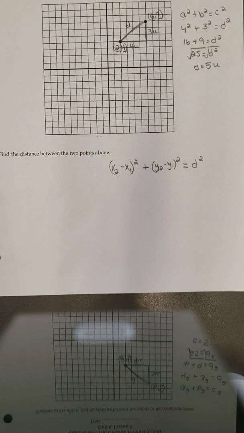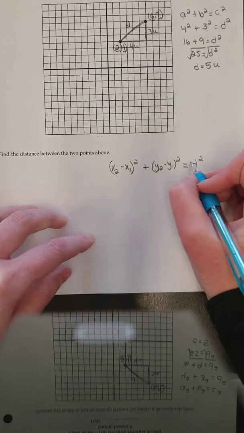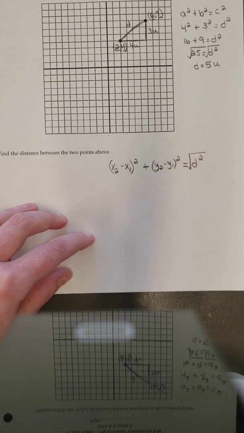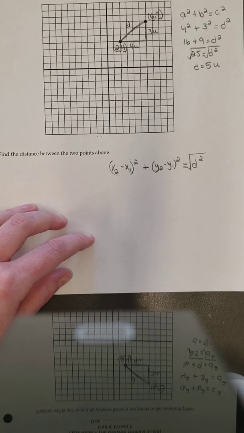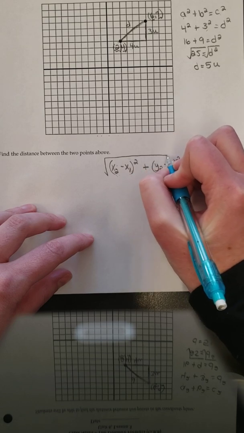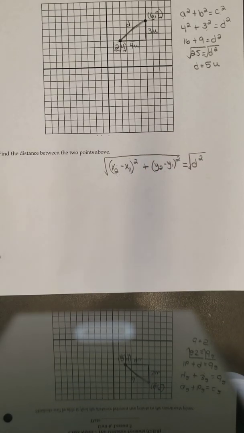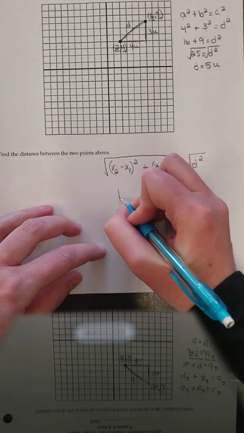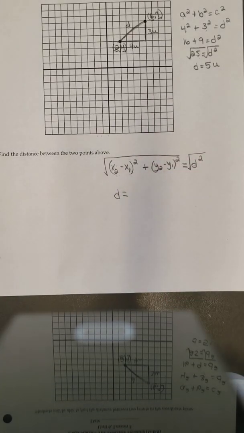But we're trying to find the distance. We don't want the distance squared. We don't want D squared. We want D. So in order to get D alone, what do I do? I square root it. Well, remember, when I'm solving equations, what you do to one side, you have to do the same thing to the other. So I'm going to take the square root of each side. So that leaves me with D. So D equals,